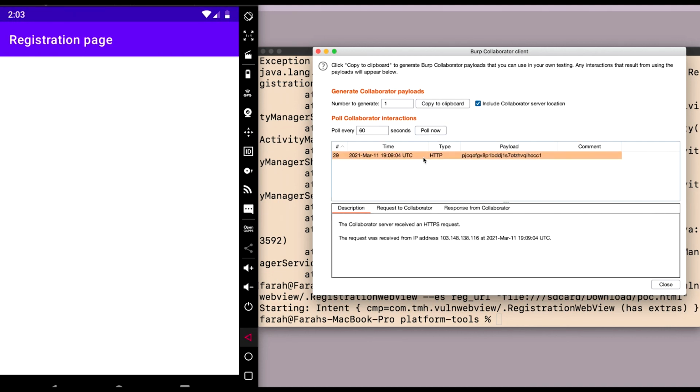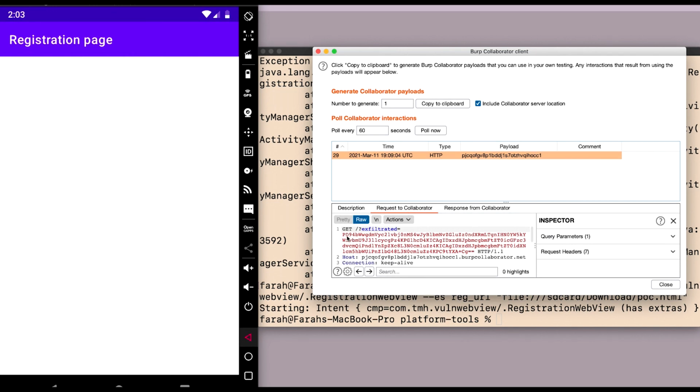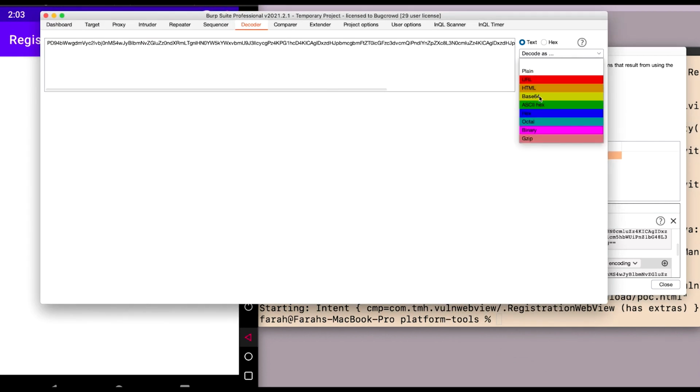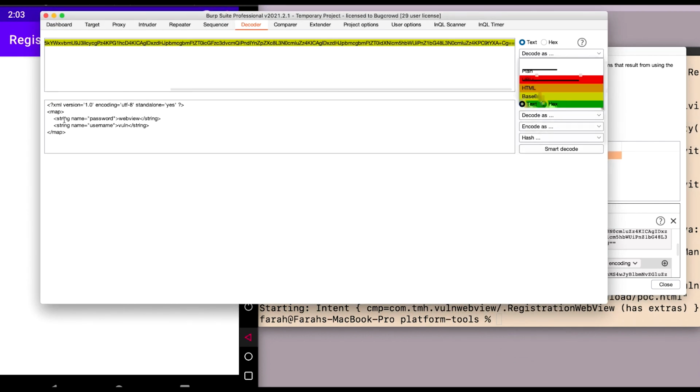I'm going to poll now, and as you can see the collaborator server has received a request, and in the exfiltrated parameter you can see that there is a base64 encoded string. So let me just go ahead and send that to decoder. When I decode it as base64, you can see that the content of the file has been loaded over here, and the password and the username in string form has been disclosed.